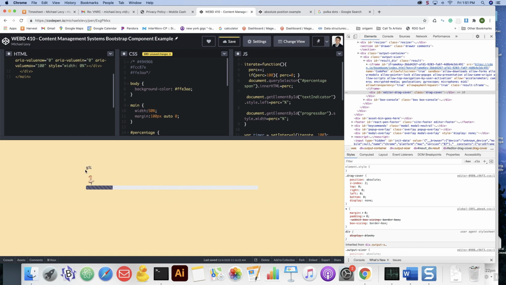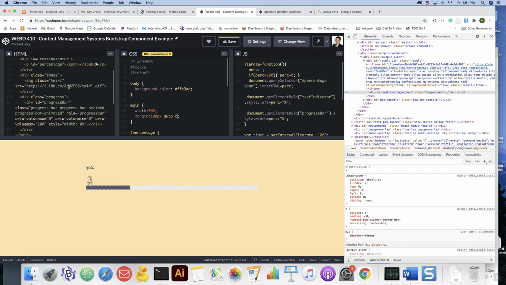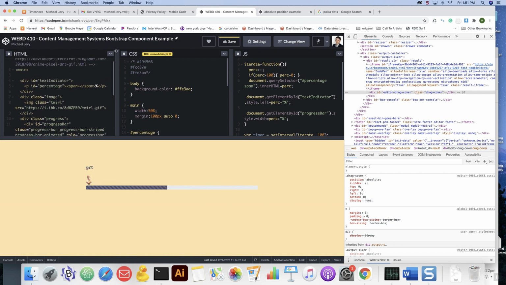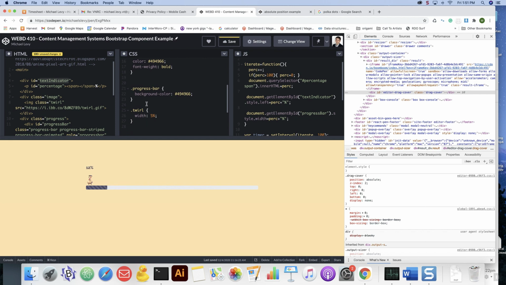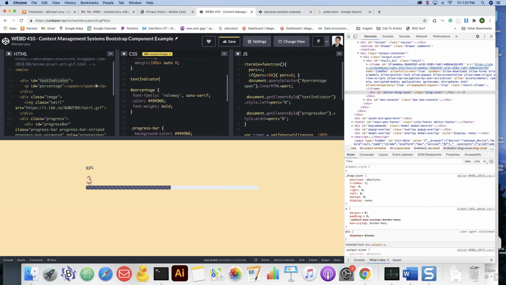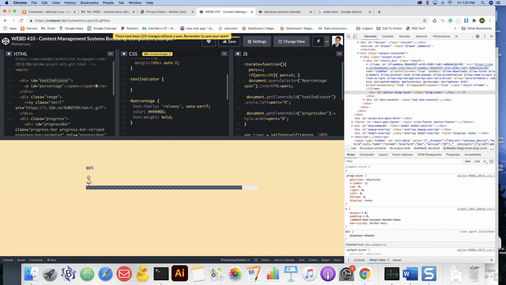Okay, now I want to get this text indicator out of the way here. So for now, what I'm going to do is actually going to have a position. Well, we'll worry about that in a second, but